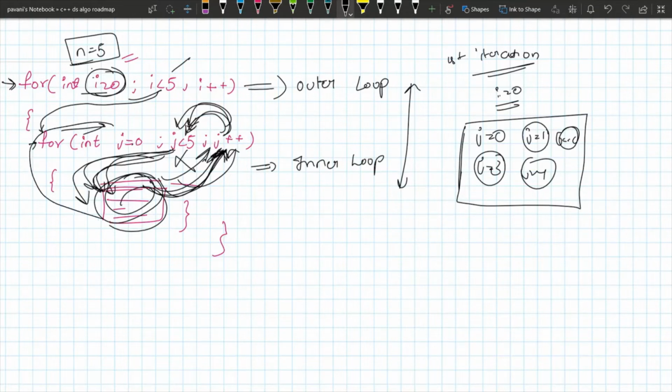See, this loop has been executed. The cursor reaches here, and now forget about this. Treat the inner loop like a block of code, and if the block of code is executed in the outer loop, then the cursor must go to the increment part. Now i is made 1.